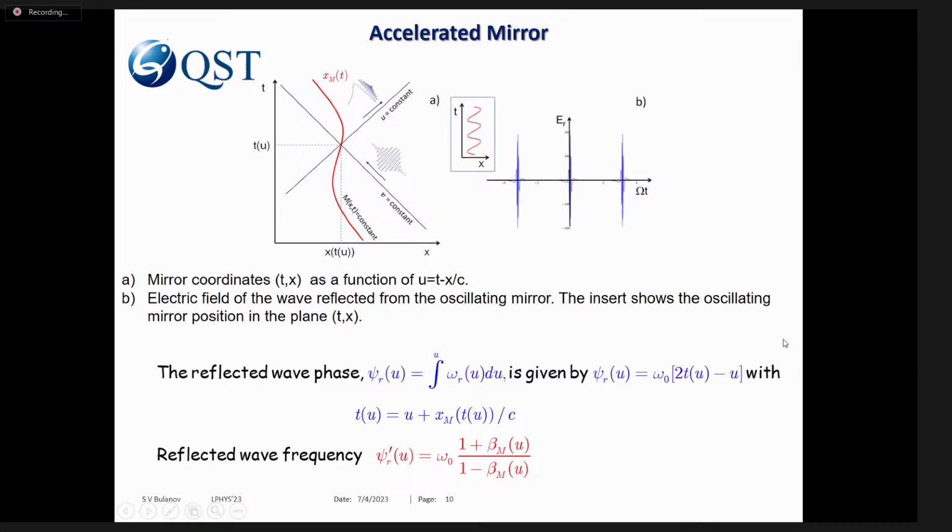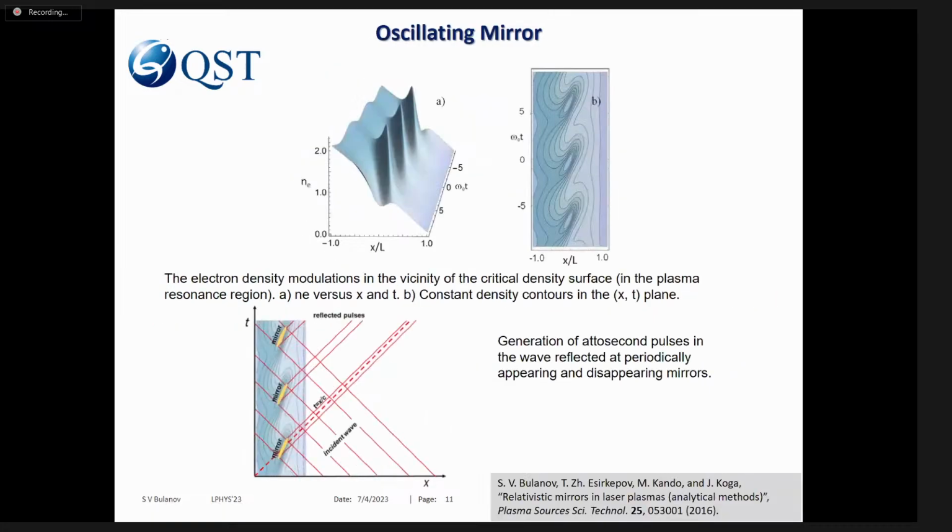There are many methods of calculation of the reflected light. It's a mirror moving along some trajectory. And here you see an oscillating mirror, when the mirror oscillates back and forth, and you have reflected light in the form of attosecond pulses. It's, as I said, the basic mechanism of harmonic generation in the laser solid target interaction. But if you speak about the oscillating mirror in more detail, then we should